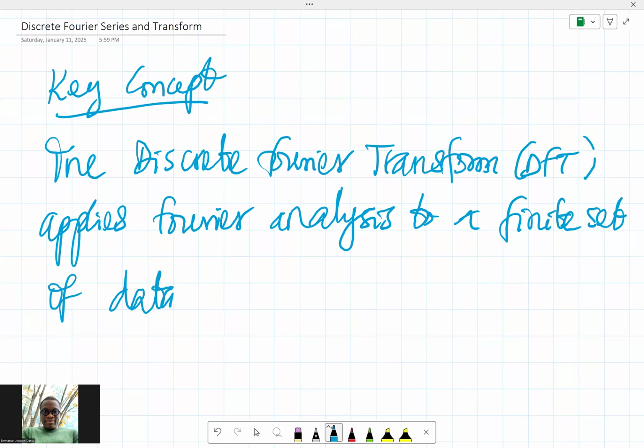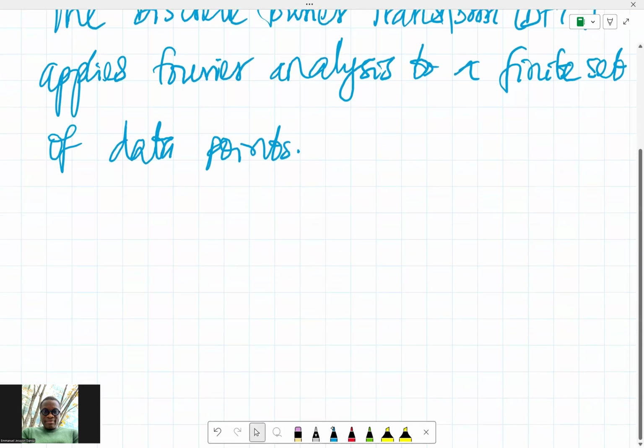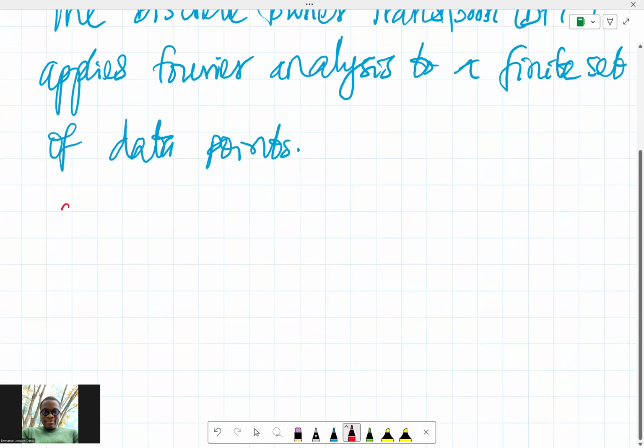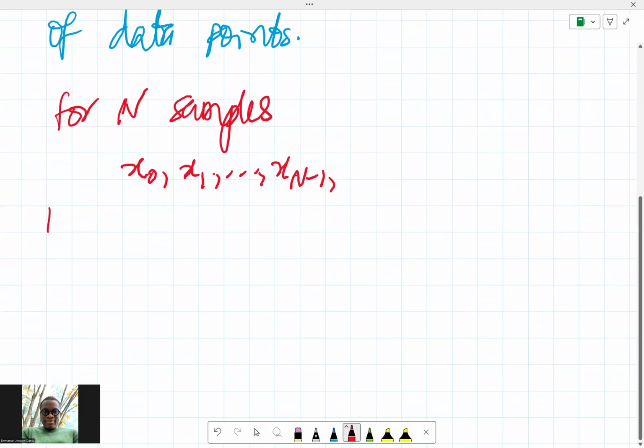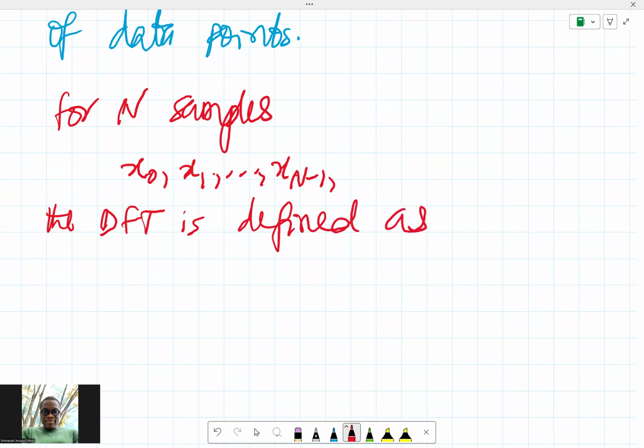So you have a finite set of data points. Imagine that for N samples, x naught, x1, all the way down to x N minus 1, the discrete Fourier transform is defined as